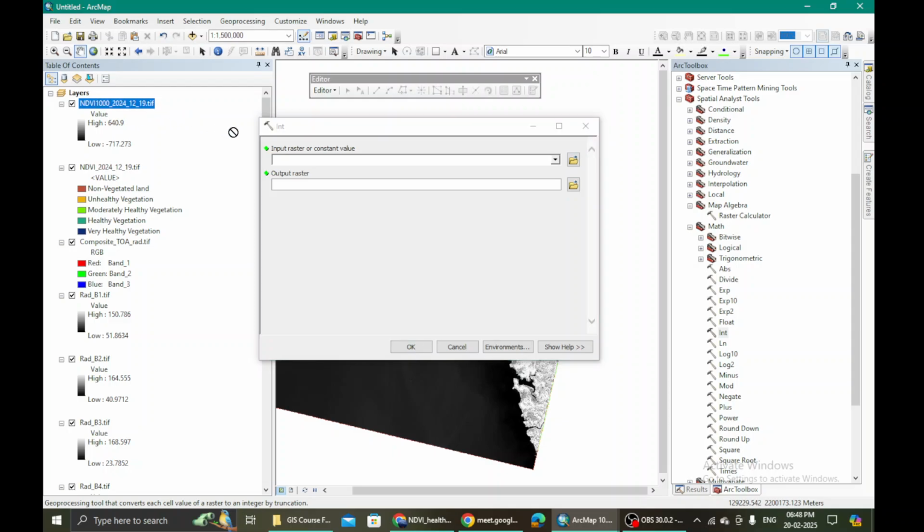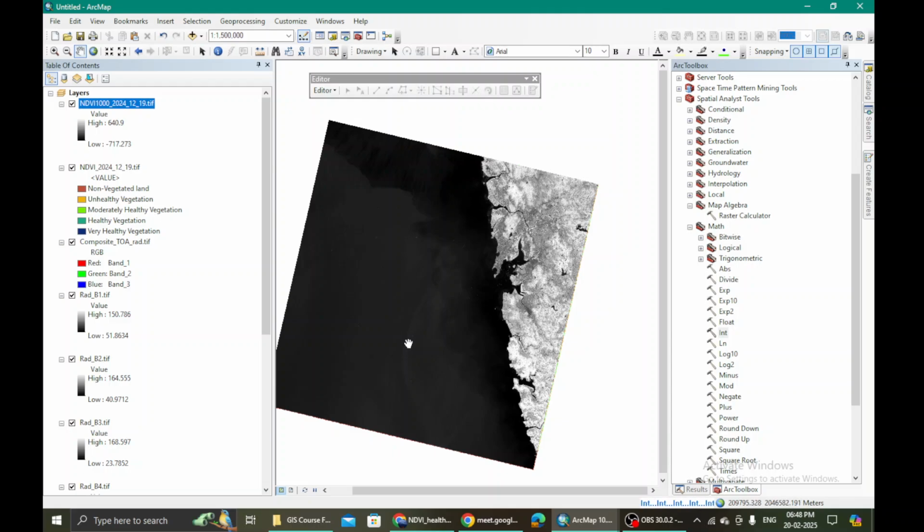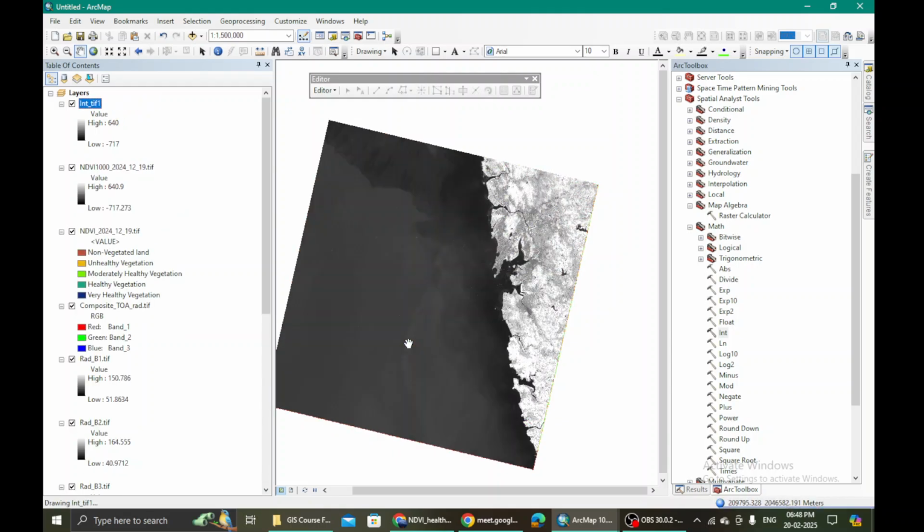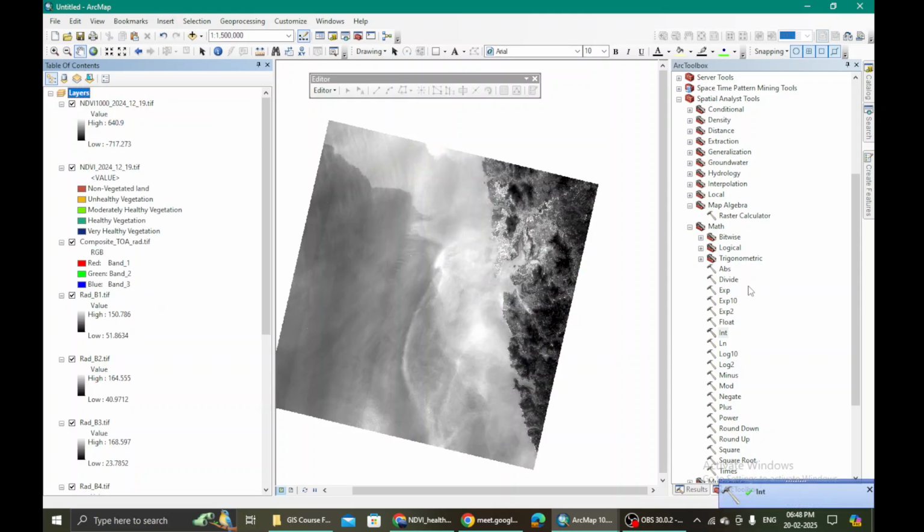And here now you drop this NDVI value which is multiplied by 1000 and hit OK. I think I saved it in a default folder. Don't save it in a default folder. I'm just removing it.